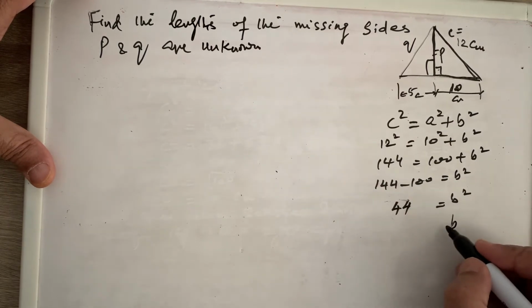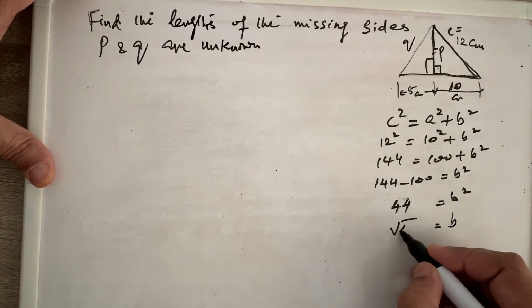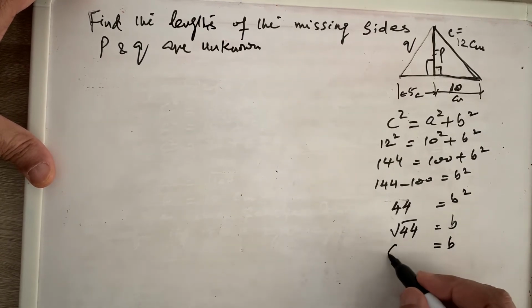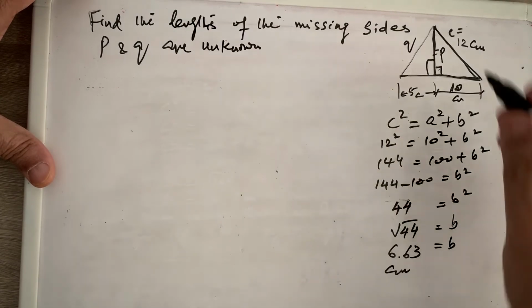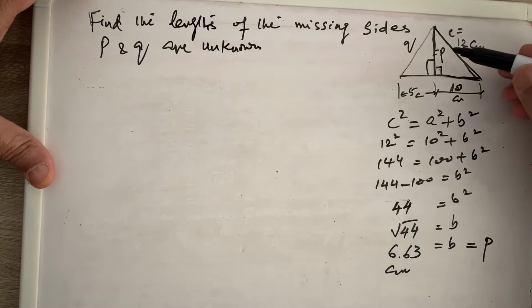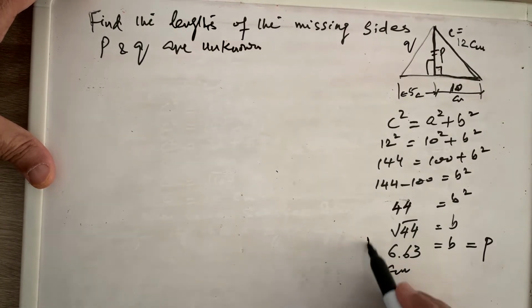And B will be equal to the root of 44, which is 6.63 centimeter. In this figure, my B is nothing but the unknown quantity P. So I find out P is equal to